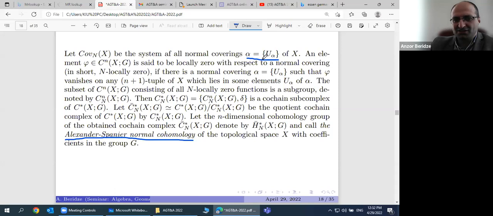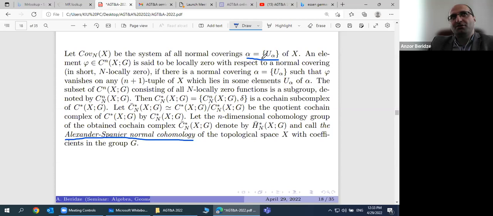Coverings such that there exists a partition of unity that is subordinated to this covering. And this approach is very popular in shape theory, and resolution in shape theory is constructed using not all open coverings, but normal, so-called numerical coverings. And this is important because